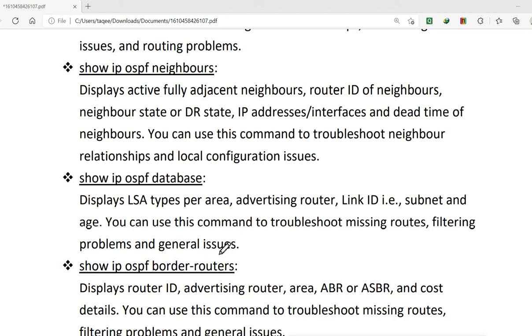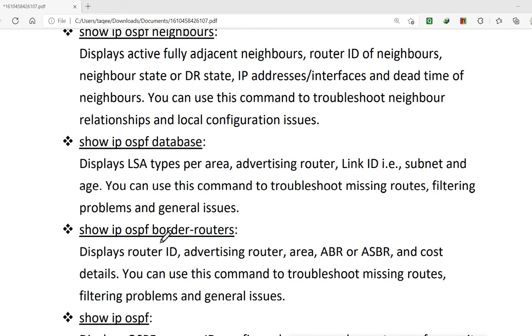Then show IP OSPF border routers. This command displays the router ID and advertising router, which is the ABR, or area border router, or also ASBR. ASBR means the router which is connecting to another autonomous system.